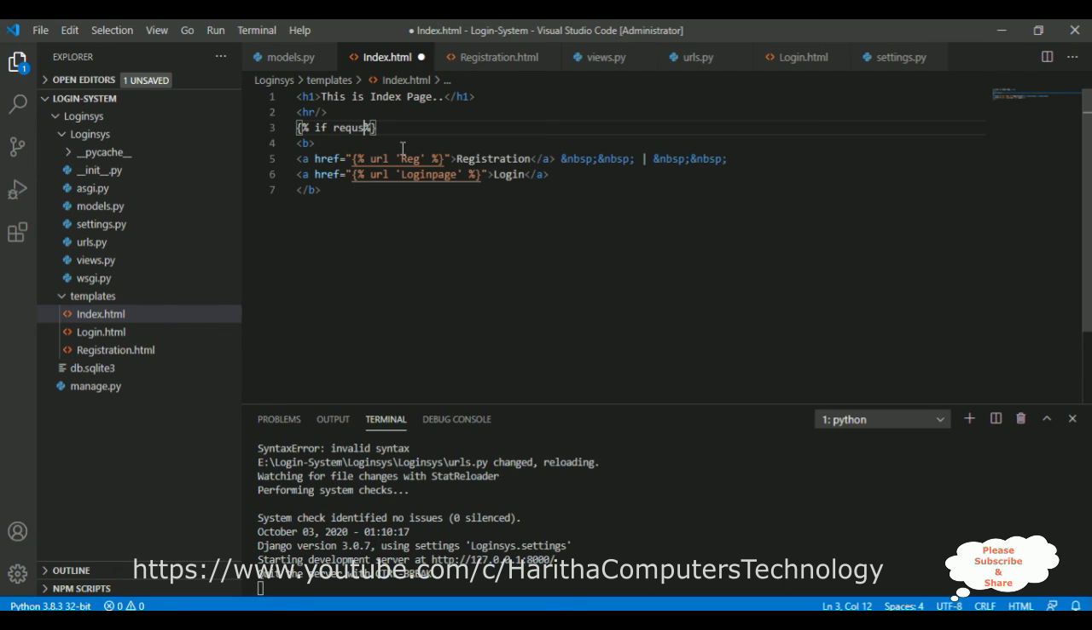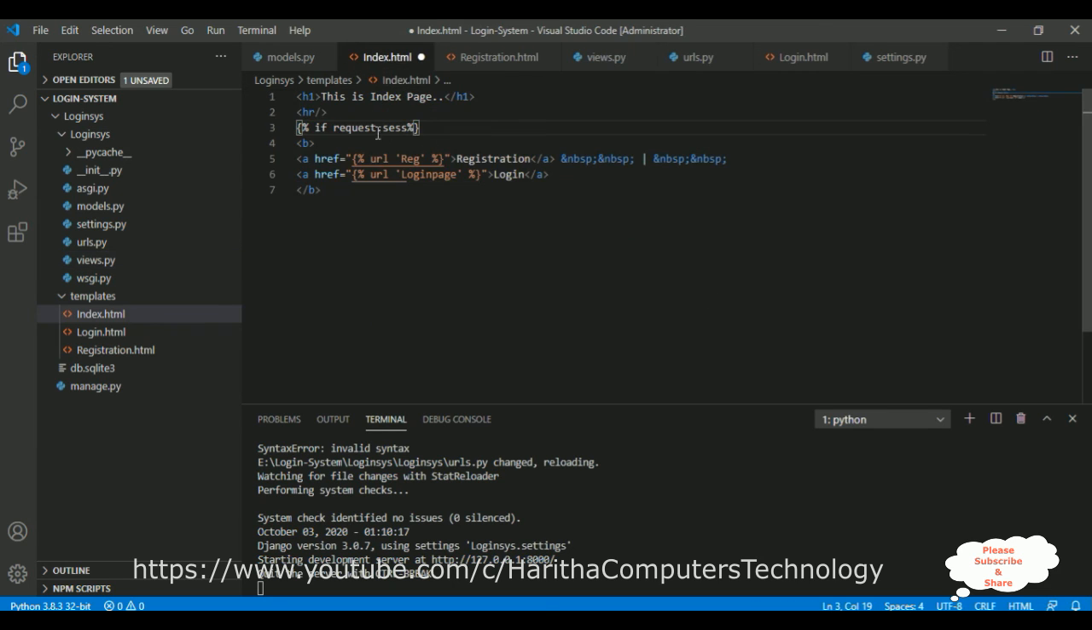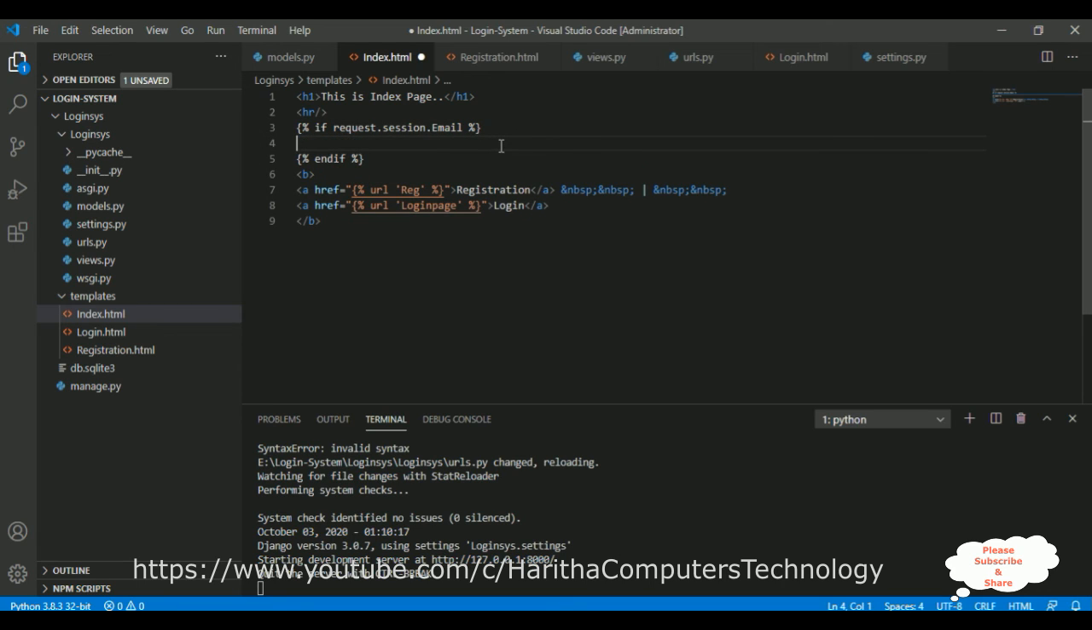If request.session, let's add this one. Copy this one and paste here, request.session.email. Let's close this if condition with an endif. I want to display the email, which is a username. Copy this one and paste here,